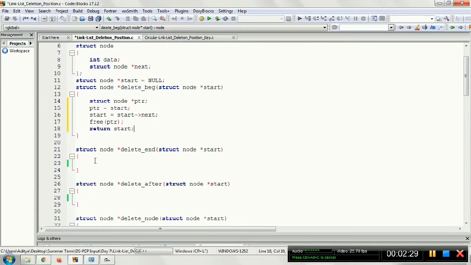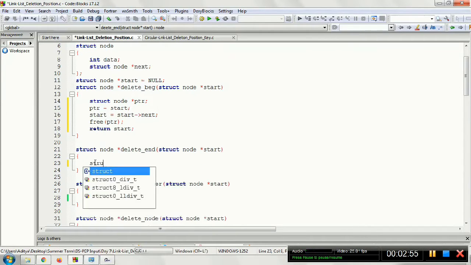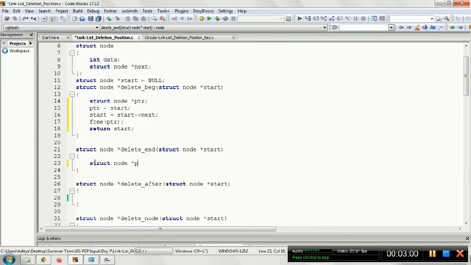Now the second thing is, if you want to delete at the end, how can we perform the deletion? One thing you should be very clear about: if you want to delete a node at the end, you have to traverse to the last. I basically need 2 pointers. In my approach, I will take 2 pointers, the PTR and the pre-PTR. The pre-PTR always follows the PTR. That is the simple idea. So we'll take 2 pointers.